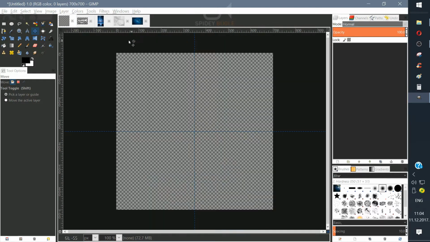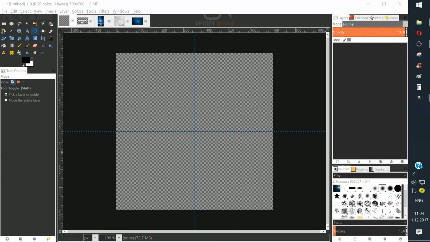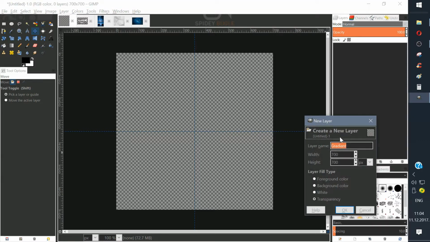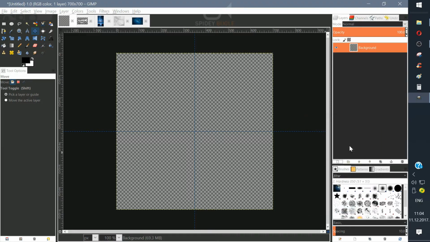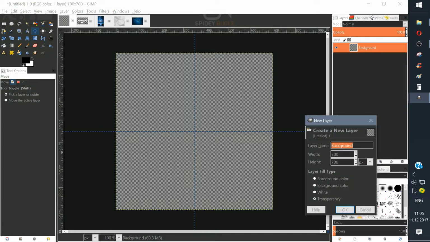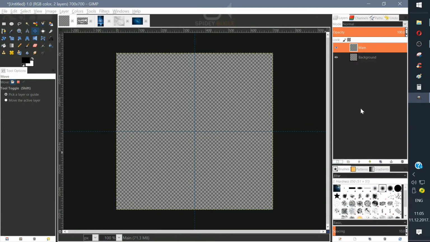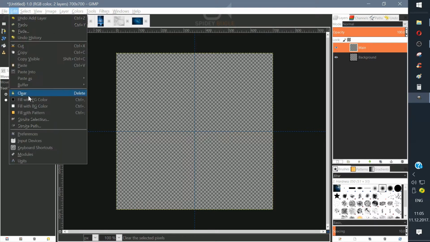Now what you want to do is you want to make sure that your profile picture dimensions are set to 700 by 700. This will ensure a proper and clean and clear profile picture on all platforms. So what you want to do is you want to create a new layer titled background. This will be the final layer. You want to create another one titled main. This will be the main layer that we're going to edit,